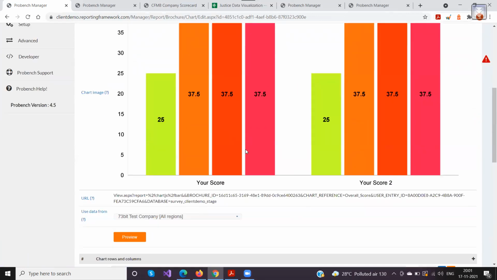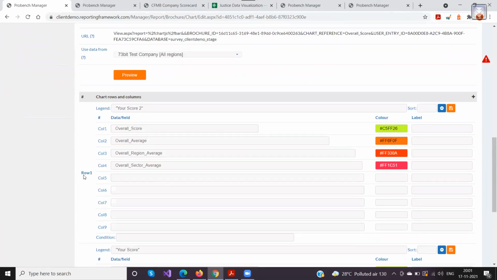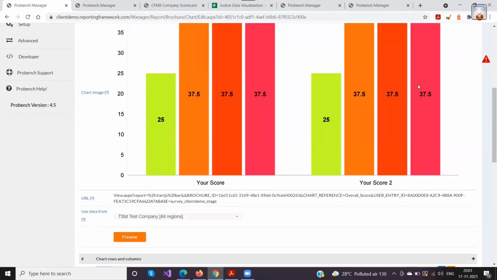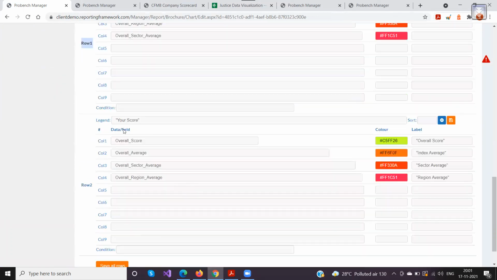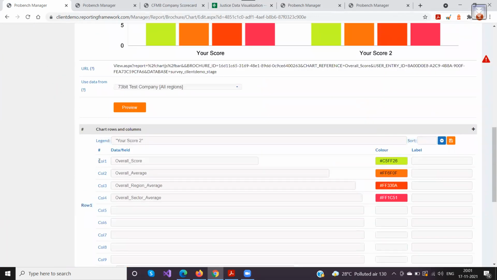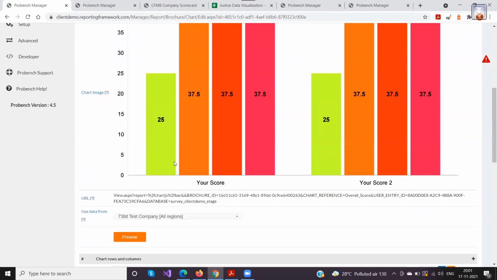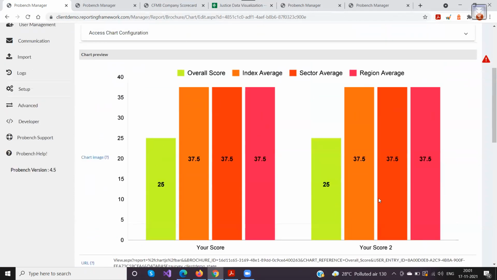Now you see there are two, that is your score and your score 2. Each row is basically a category here, and each column, that is column 1, column 2, is basically the bars that we add.